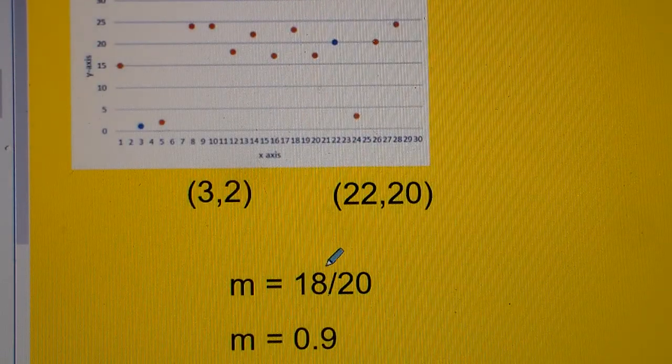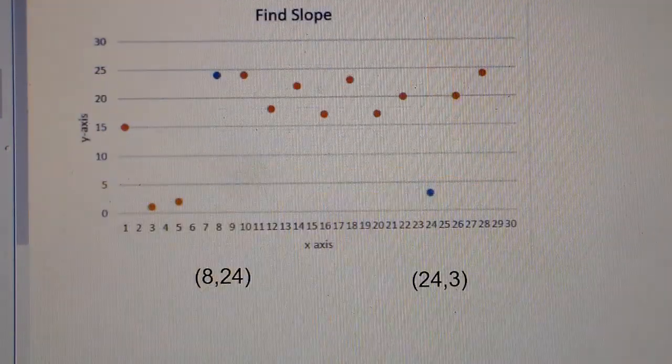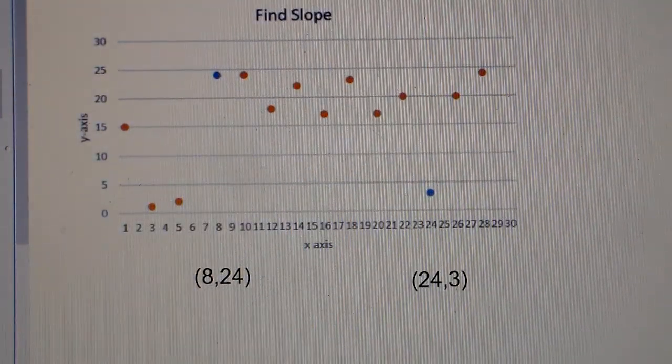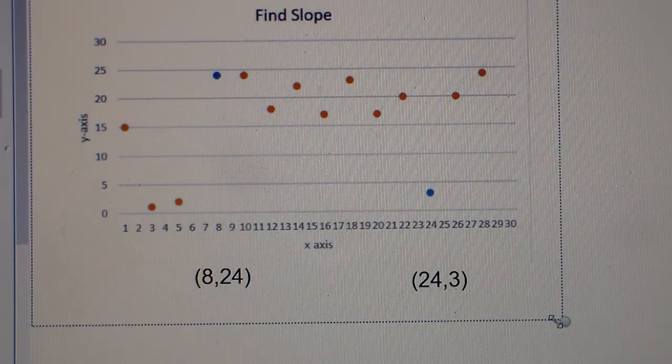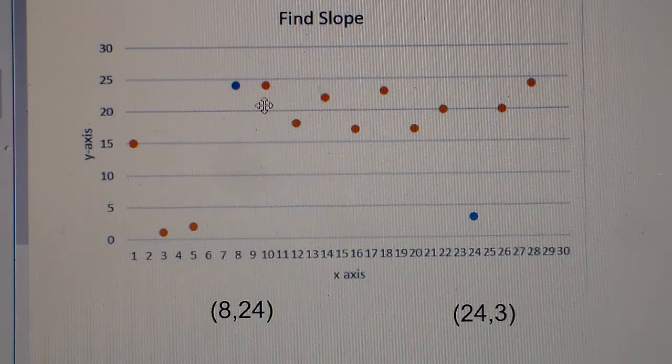That should be 19 over 20. Alright, make it bigger. So you have 8, 24, and 24, 3. These do get harder. And there's really a lot of